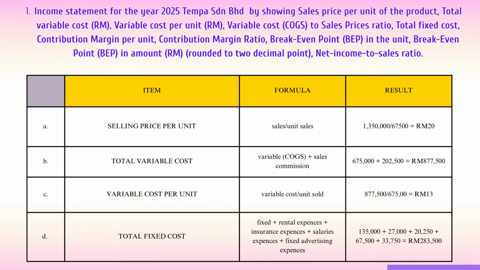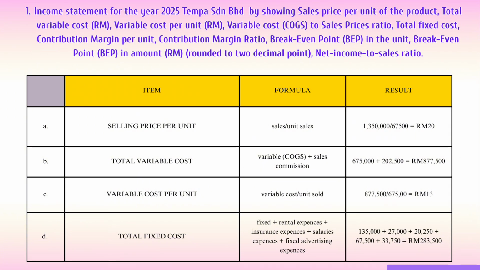cost 877,500. We will divide by unit sold, which is 67,500, which is equal to 13 ringgit. So for the total fixed cost, we're going to take fixed